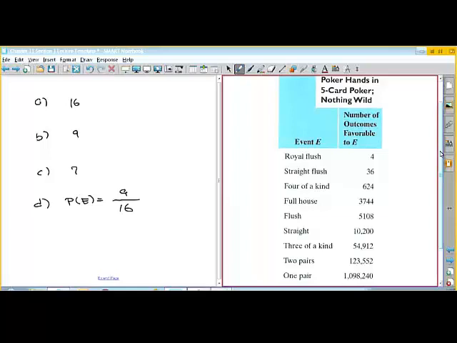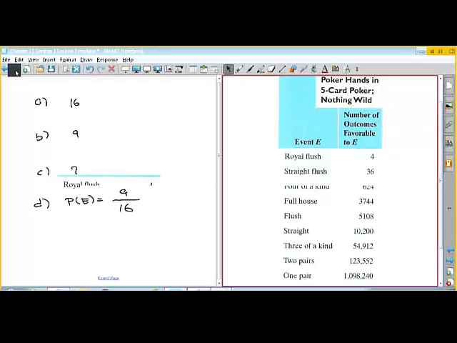you have to know how many favorable outcomes there are possible. And so there are 4 possible royal flushes, 1 for each suit. There are 36 straight flushes, 624 four-of-a-kinds, so forth and so on, through all these different kinds of card hands. 1 pair is 1,098. So if I ask the question, what if a 5-card hand of poker is dealt, what's